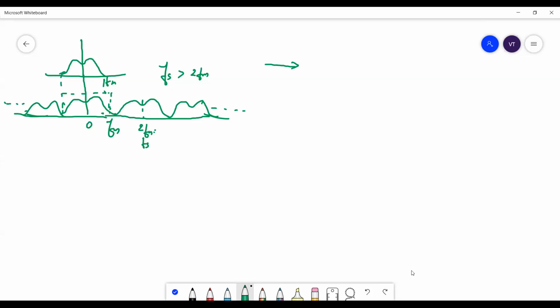The signal I will call x of t. So x of t goes to a multiplier where you have a sampling train. The sampling train is sigma k equal to minus infinity to plus infinity delta of t minus kT. So this is the sampling train, and this is a sampled sequence, which you can call x of nT, the discrete sequence. This is a discrete signal, and this is a discrete sequence x of n.